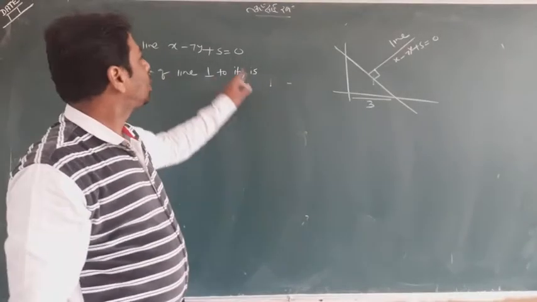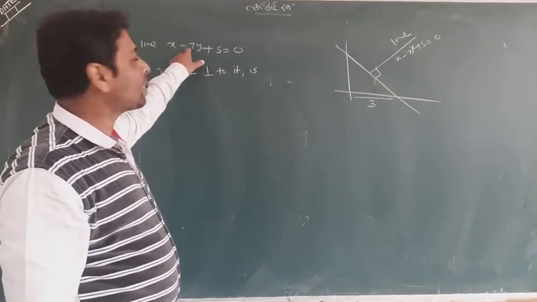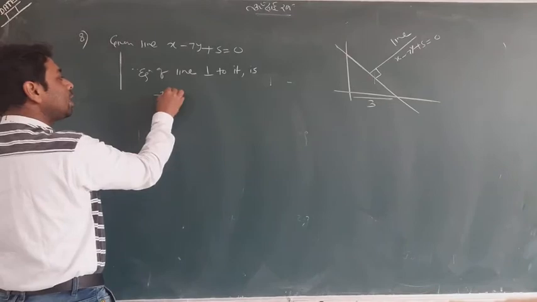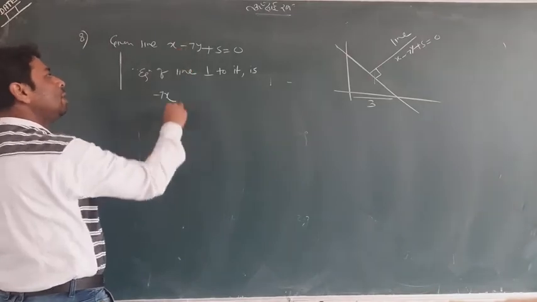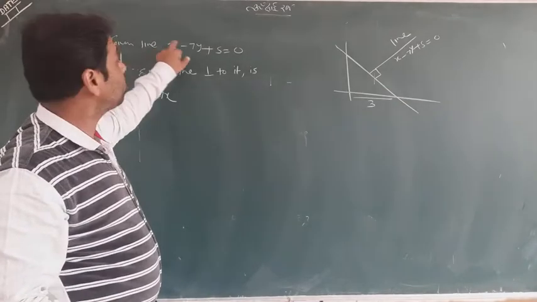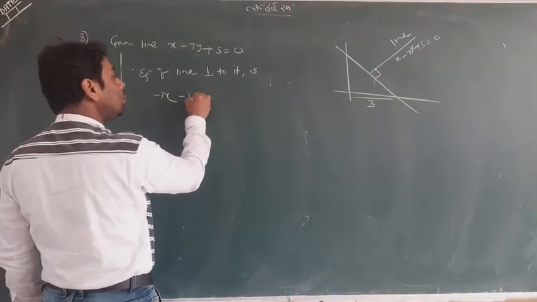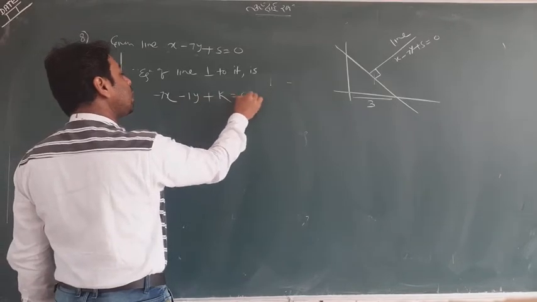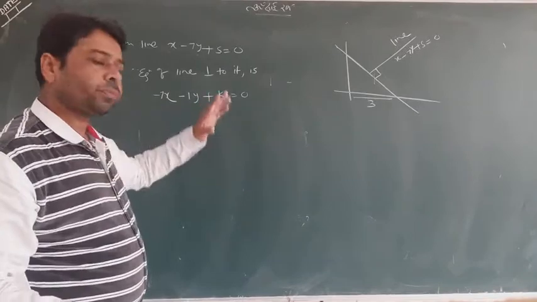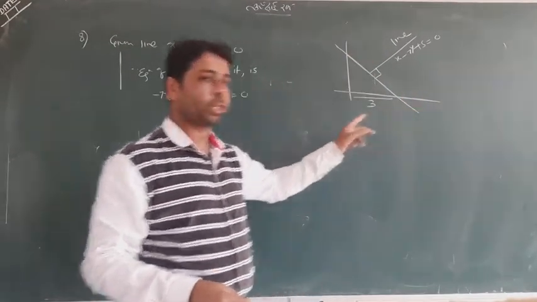What was the trick? The coefficient of y is written with the same sign with the x, meaning minus 7x was minus 7x, and then the coefficient of x with the opposite sign will be written with the y, meaning it's a plus 1, so it's going to be minus 1. Instead of the constant 5 we have a k. So this is the answer you have got of this line. The equation of this line you got it.